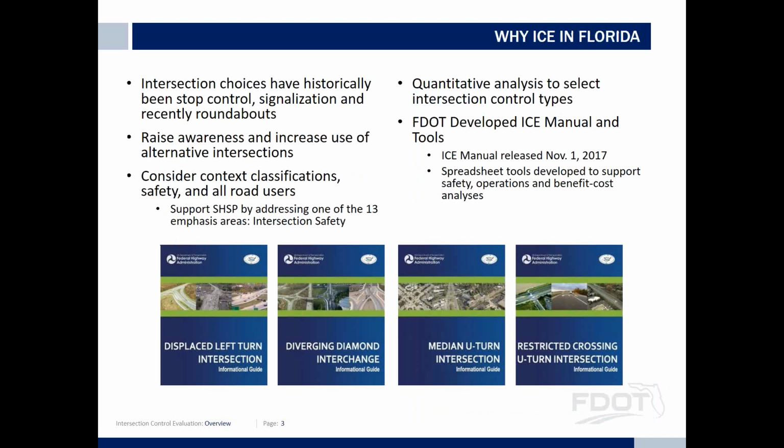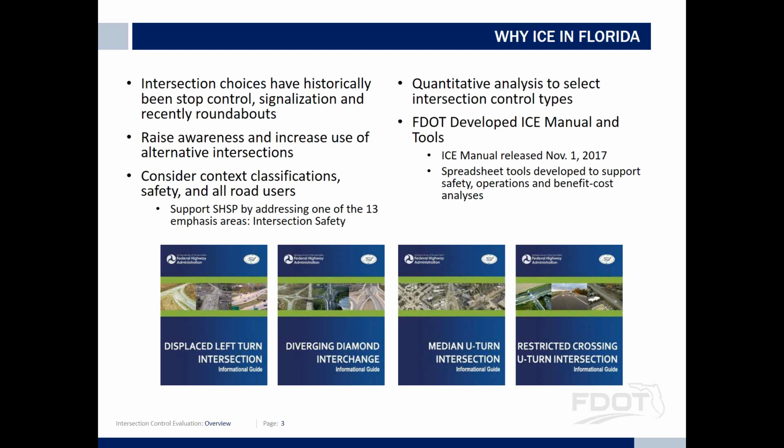We could go into a lot of debate about why we are doing this, but it boils down to the choices we've historically been making, changing from stop control to signalization, and the MUTCD warrants and all, and why are we doing that? Raise the awareness, increase the use of alternative intersections. Have we thought about alternative intersections? Are they safer? Consider the context classifications. Everyone knows that we are moving in that direction now. That is, FDOT is moving into something other than rural and urban. So this process is designed to be part of that,